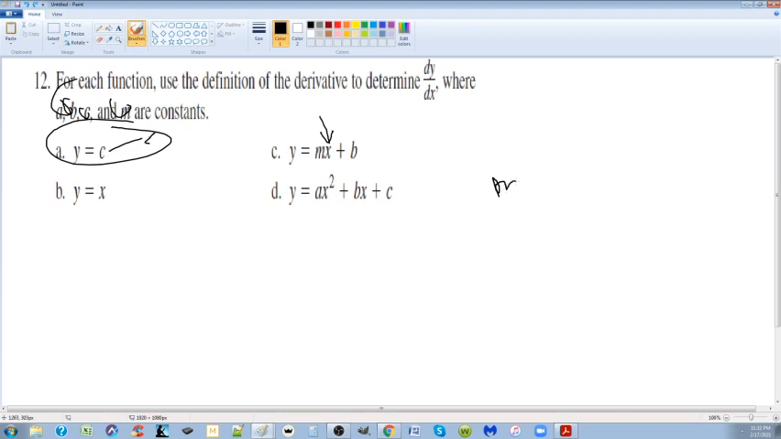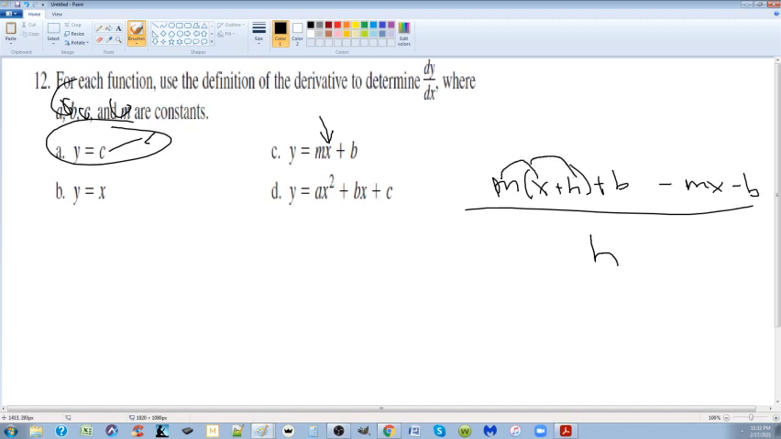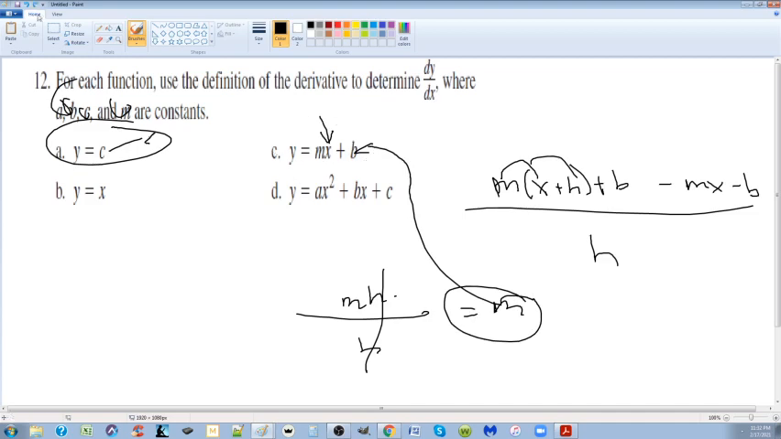Okay, so it's going to be m(x plus h) plus b minus mx minus b. Why is it minus mx minus b? Because it's minus the whole thing, and this minus will apply to both, all over h. And if I multiply this out, I get mx plus mh plus b minus mx minus b. Look what cancels out: that and that, and these two. And it's all being divided by h. So I can see what's left, that m is the derivative of that. And you can prove it. I imagine I could do it